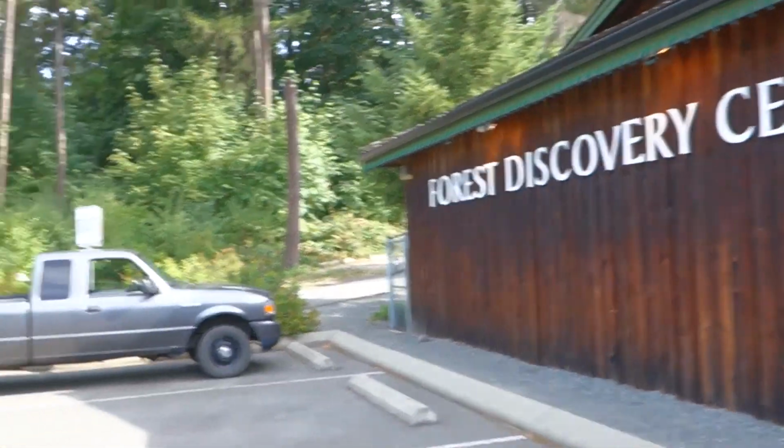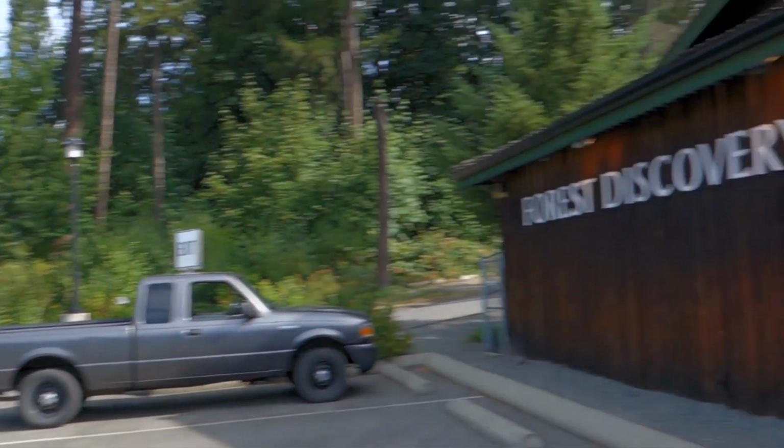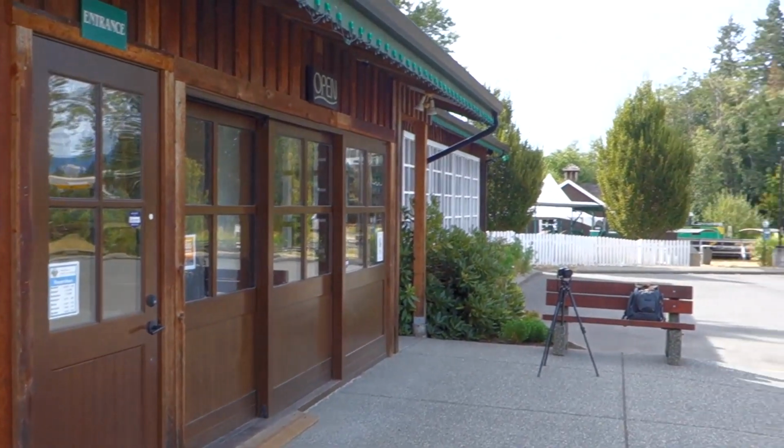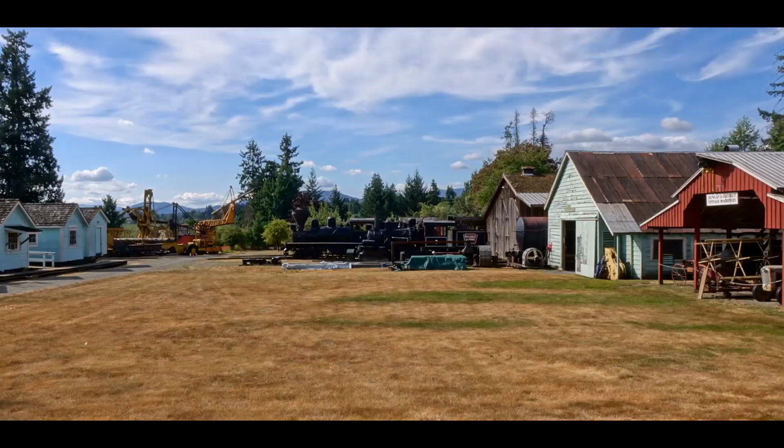It's a quiet Monday morning at the BC Forest Discovery Centre in the Cowichan Valley, just north of the city of Duncan. At the time of my visit to the BC Forest Discovery Centre in August 2021, there were 13 different locomotives